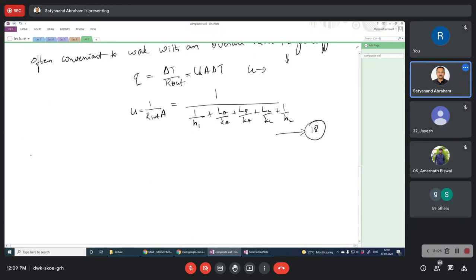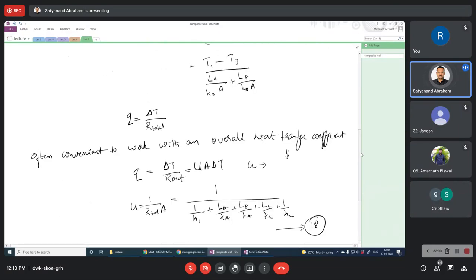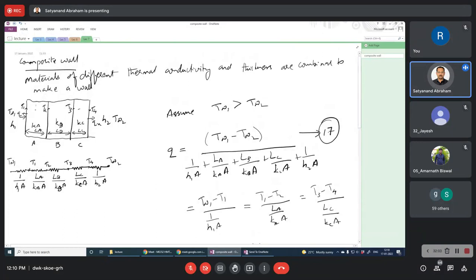Now we are going to have a little bit more complex system. Here we are talking about our slab, a big slab like this. Initially we partitioned it into three, which was easy for us, and we assumed the heat flux to be 1D. If you are assuming 1D, you have to think that at any particular section you take,